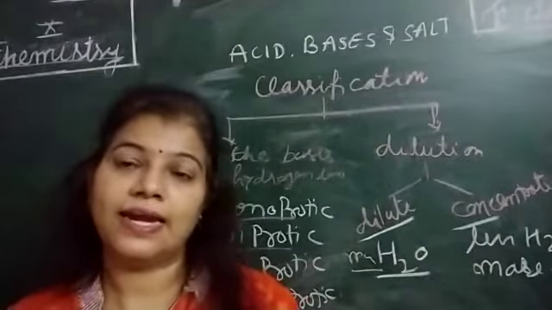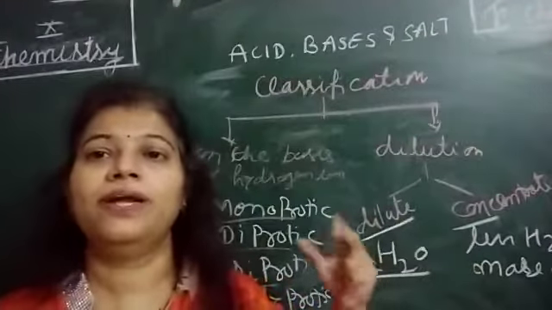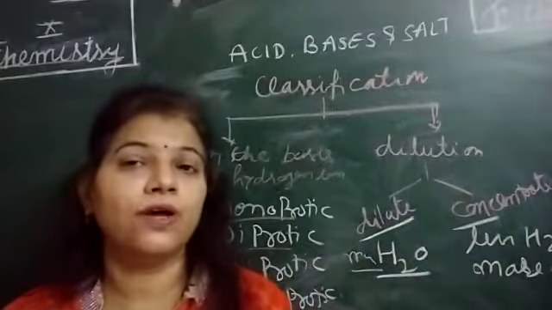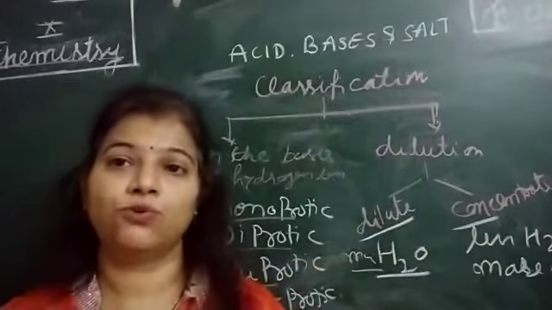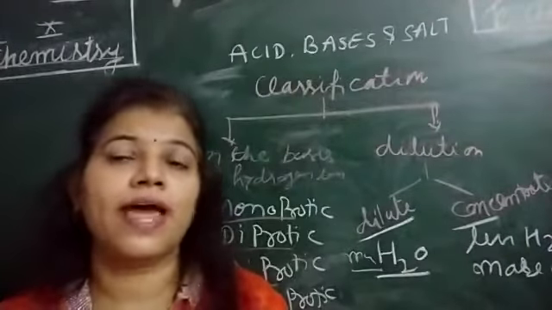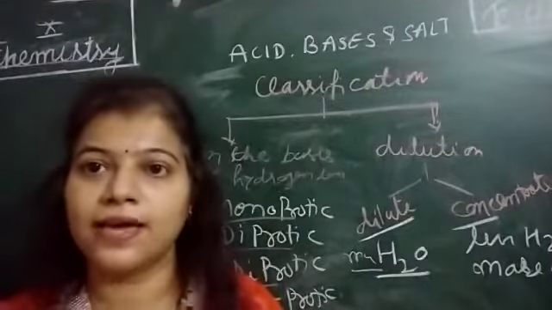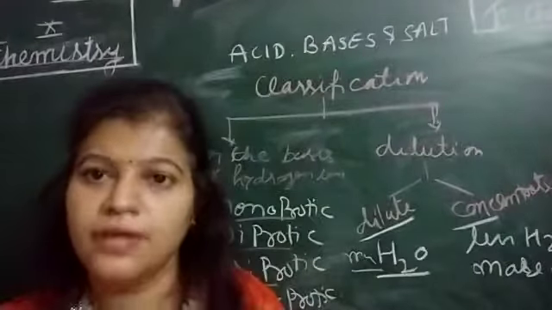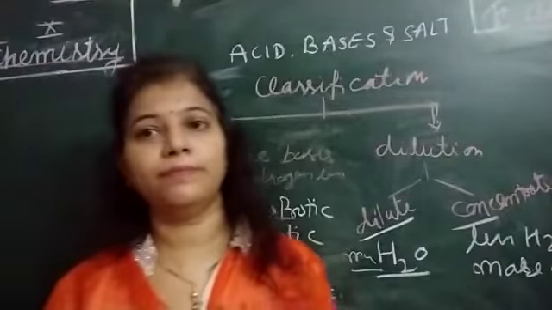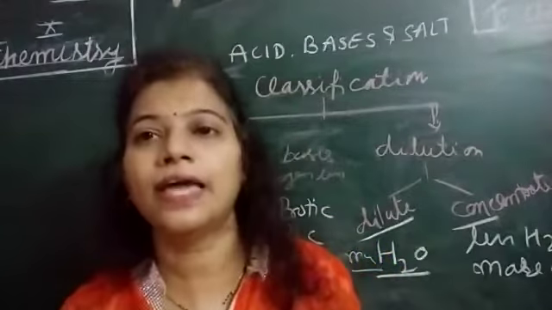So when we add more quantity of water, it is said to be dilute acid. While when the quantity of water is less and the quantity of acid is more, it is said to be the concentrated acid. So the quantity of water is more and acid is less, it means we are again talking about hydrogen ion concentration over there. Clear? So now you got how on different bases we classify the acids into different categories.